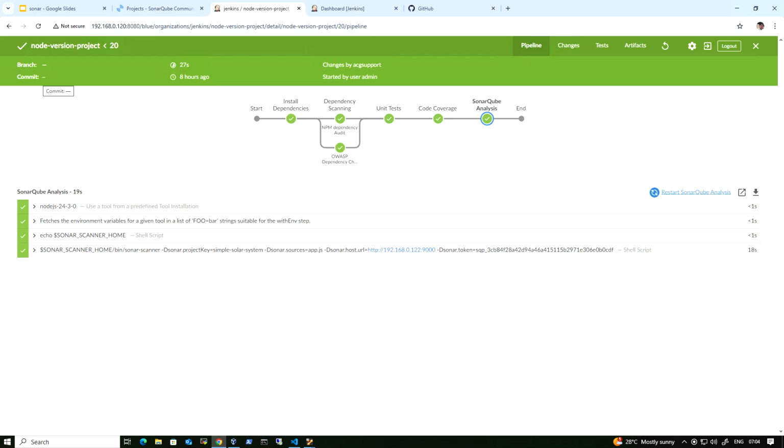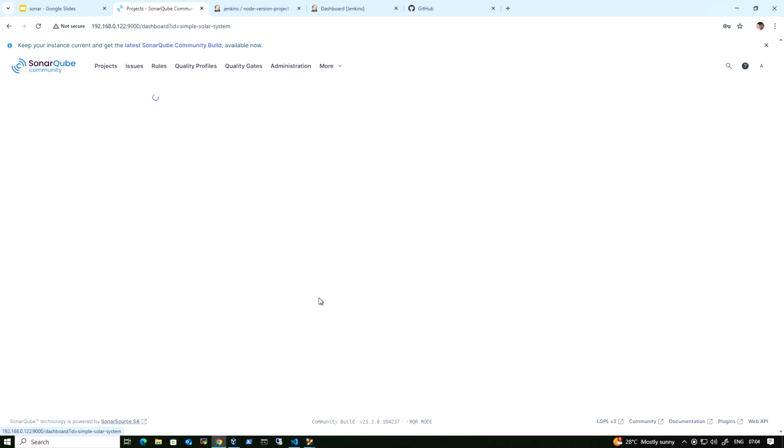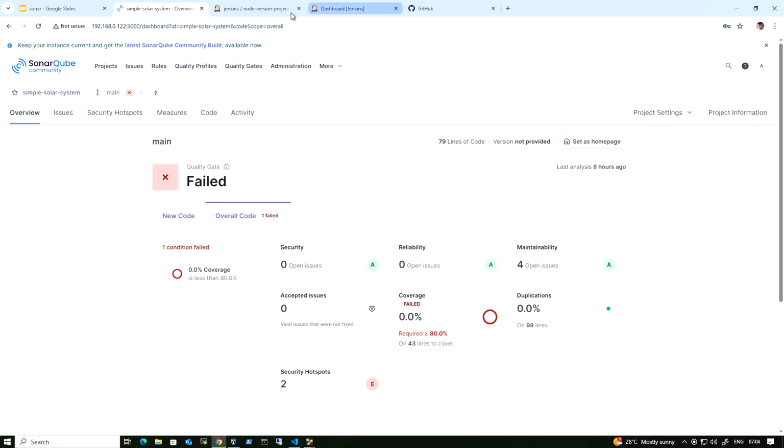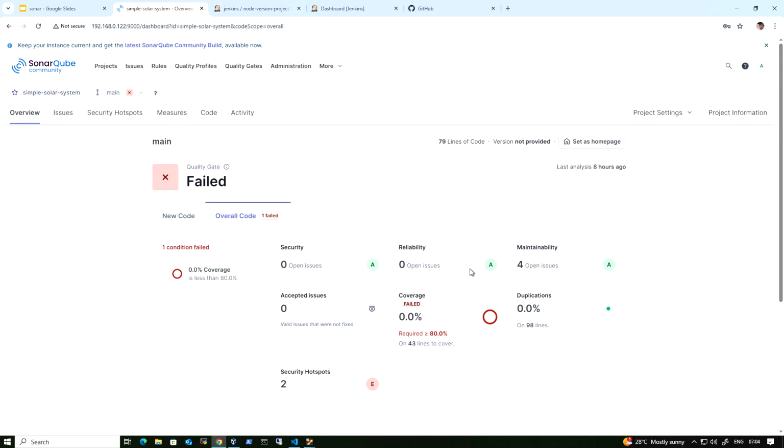Hello everyone, welcome back. In the previous session, we integrated SonarQube with Jenkins, and we also set up the quality gate and the code coverage. Even though SonarQube reported the failure status, as you can see in the simple solar system, Jenkins is still saying it is green. So now let us see how we can mark this stage failed when SonarQube reports that certain conditions are not